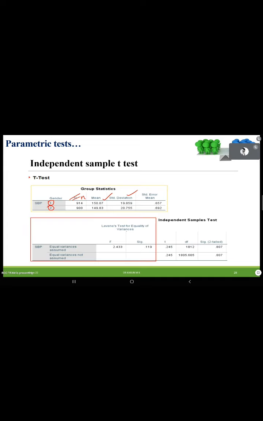See here, when you scroll down, you will get something like this. Levene's test. Levene's test is actually looking for homogeneity of variance. So that is the Sig, always the p-value. What is the Levene's test value? 0.119 p-value. Whenever the p-value for any assumption checking is greater than 0.05, the assumption is not violated. So the equality of variance assumption is not violated. If not violated, you should use this row. If the assumption is violated, see the second row, equal variance not assumed. If the assumption is violated, you should use that row. So here the equality of variance assumption is not violated.